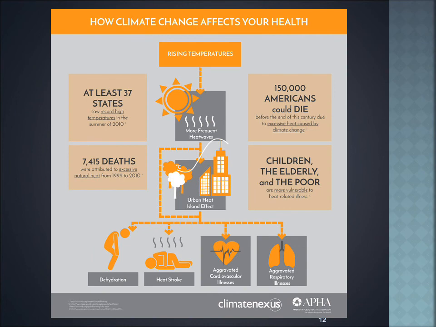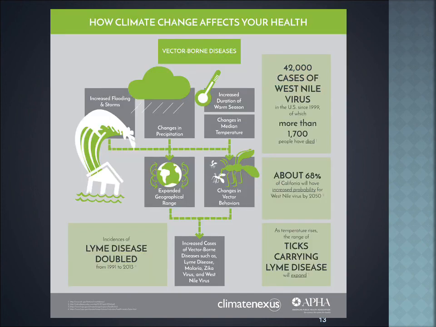Rising temperatures, if we look at this one, means that our core body temperatures can go up. And instead of having hypothermia like we have in the wintertime, if we get too cold, we can have hyperthermia when our body gets too hot and we can't cool it down enough. And then we think about who is more susceptible to that. So we can talk about heat stroke and death and what that might have relative to diseases, not just for people, but also for our animal spheres as well. And then we can think about the diseases. So we can talk about the vector-borne